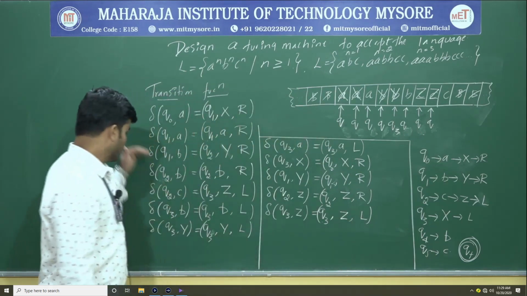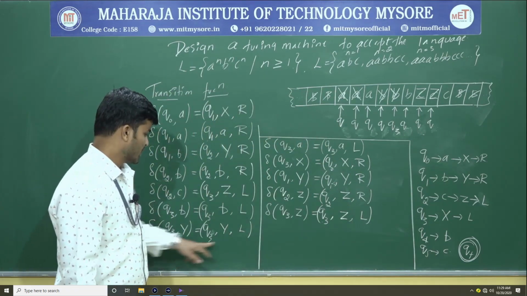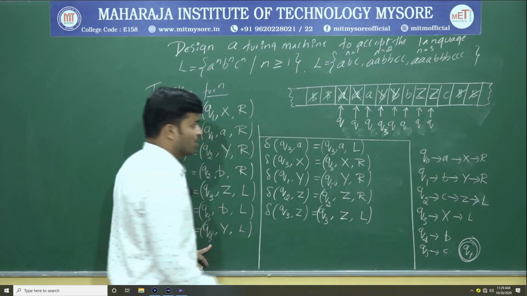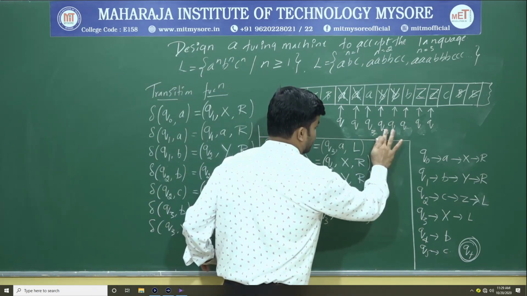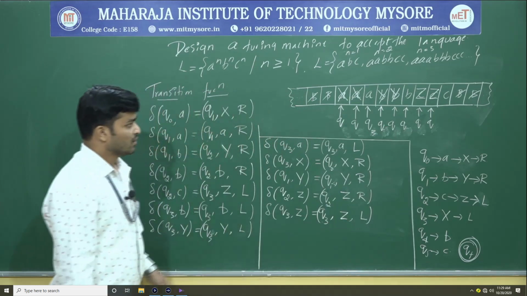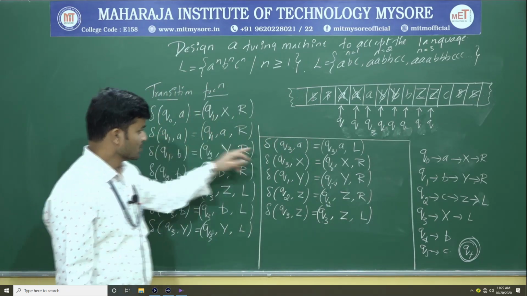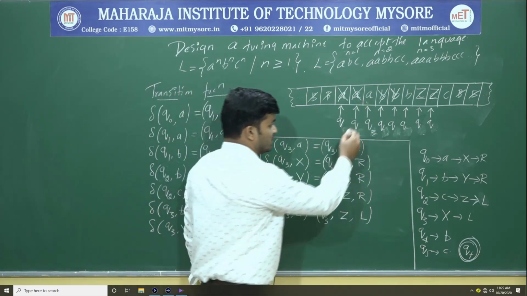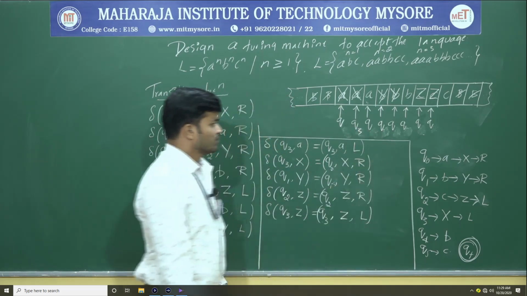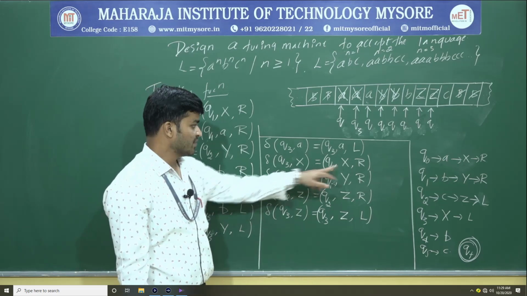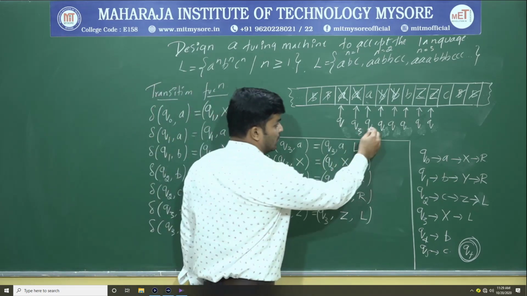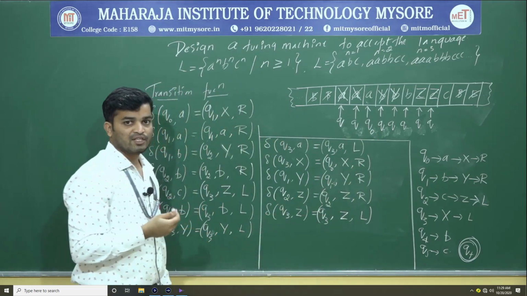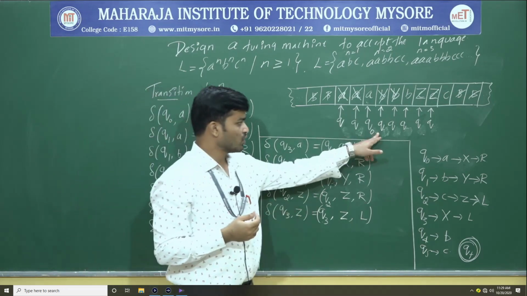Q3 upon Y is already written, so it will maintain Y as it is, and it will move to the left hand side with the same state Q3. It will come over here. Again Q3 upon Y, same thing, so it will move to the left hand side. Q3 upon A is already written, so it will maintain that A as it is, and it will move to the left hand side by maintaining the same state Q3. So it will come over here. So Q3 upon X is already written, it will maintain that X as it is. Now it will move to the right hand side by connecting back to Q0, because X is the last leftmost symbol that was replaced, and I got that symbol, so it is connecting back to Q0.